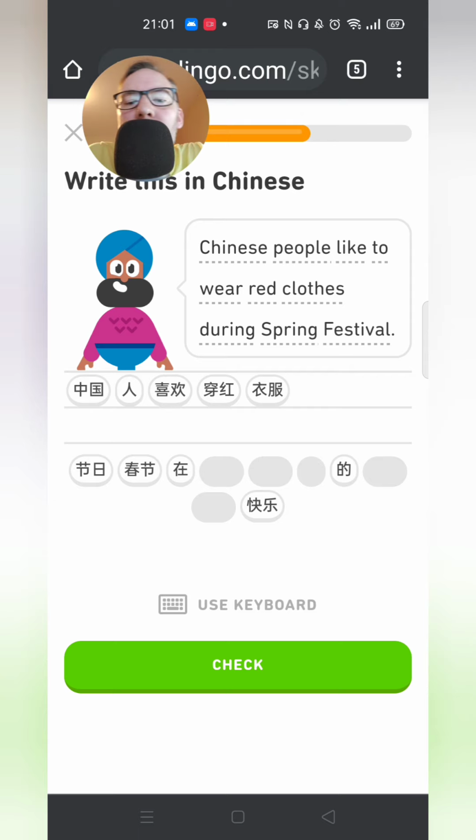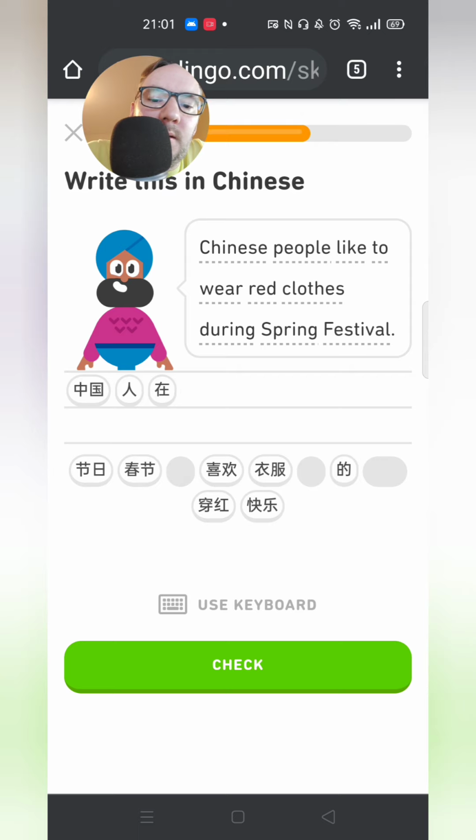Oh no, okay, I think I need to put 在中间 at the beginning, during 在. It needs to go before 喜欢 then. 在中间喜欢穿红衣服.